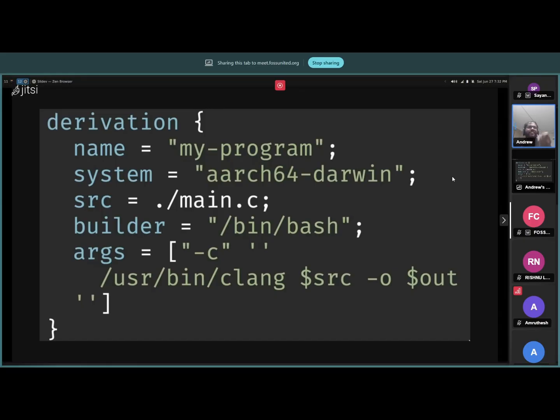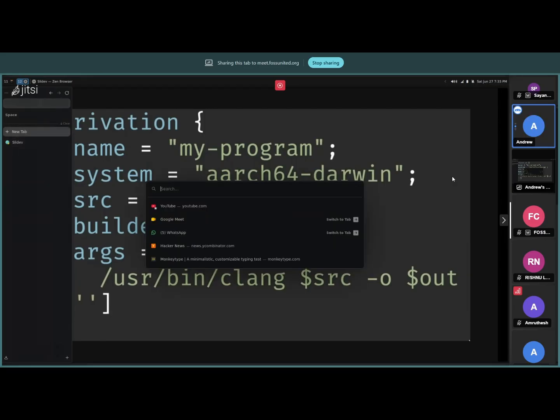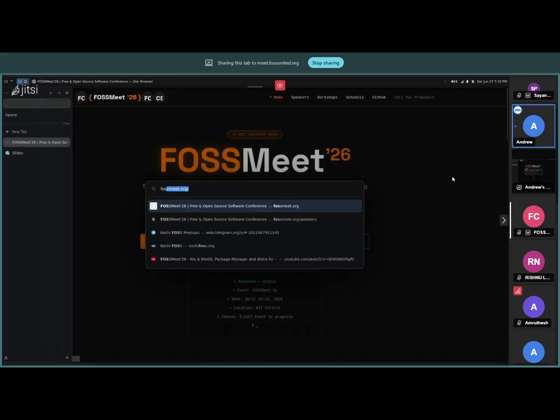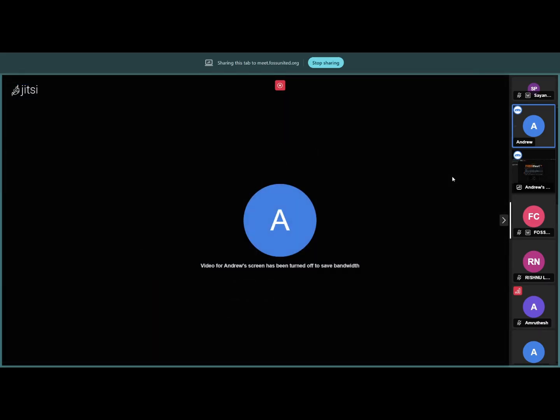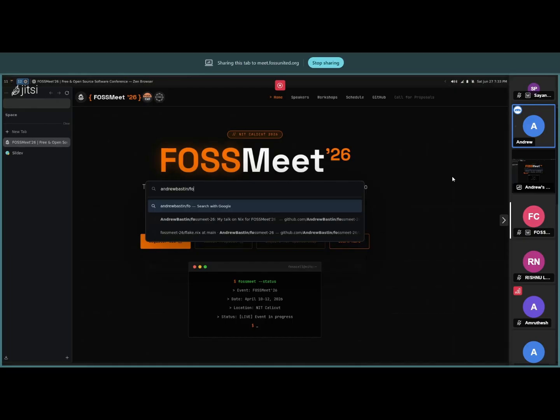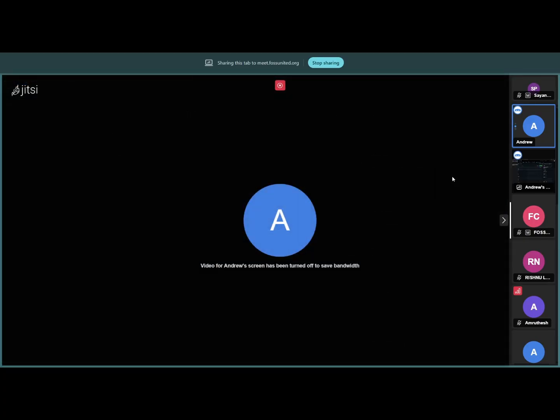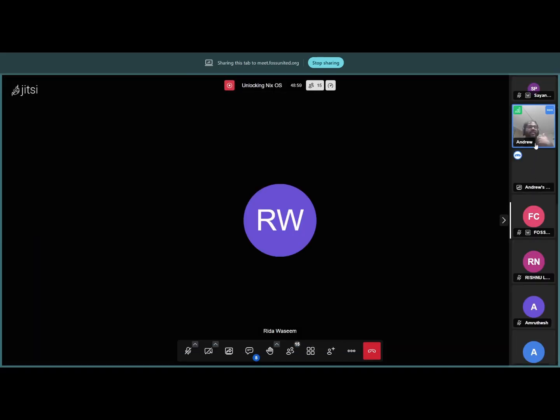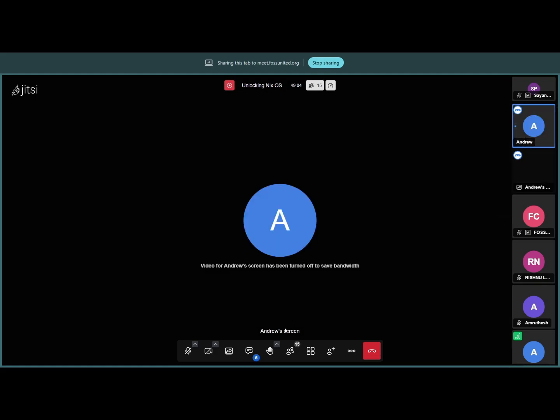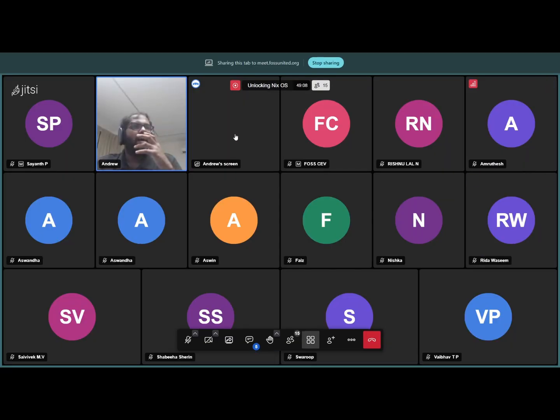For example, my slides are written in a library called Slidev, which is a Node.js slide library where I can write slides as a markdown file, and Slidev will render it properly.